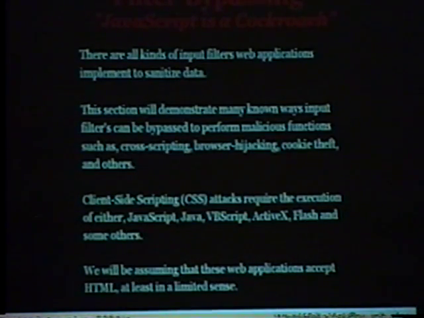This kind of started years ago as a game. You throw HTML into a system, and you mess around with the users, and they get all upset. And then the administrators would try to filter out what you're sending in, and you beat the filters, and then they filter that, and then you beat the filters again, and they filter that. So these are just filter bypassing approaches that we've picked up over the years.